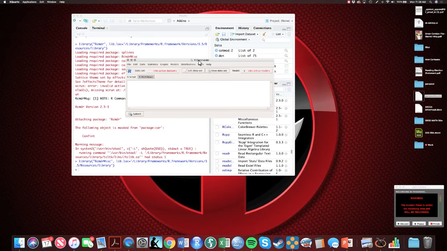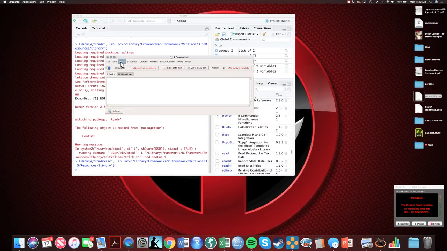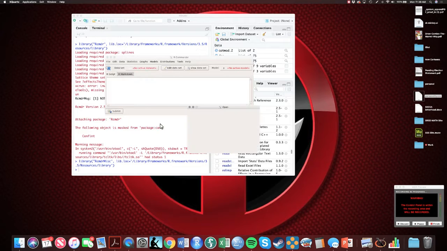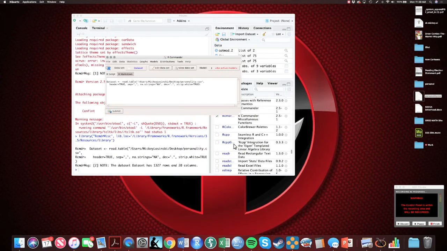And here we go. So the first thing that I want to do is import data from a text file. Click on commas, and then I have put this on my desktop. We are using the personality.csv file that should be on Canvas under datasets. So you'd want to download it from Canvas, put it somewhere where you know you can find it, and then we've got it. So then I'm going to view data,